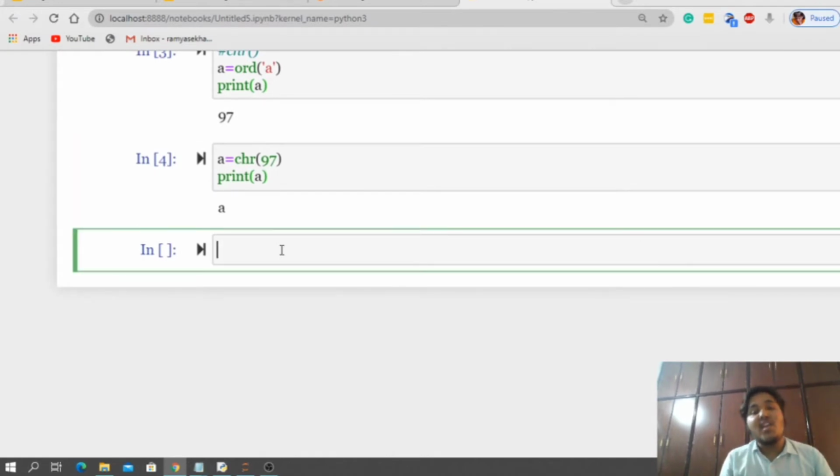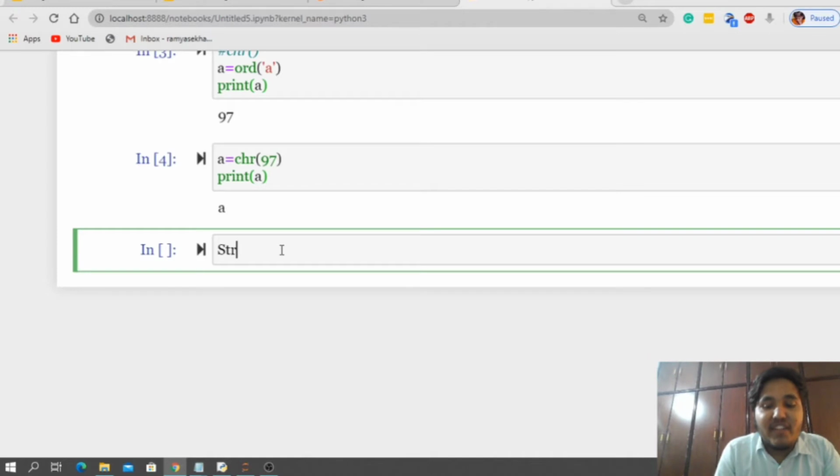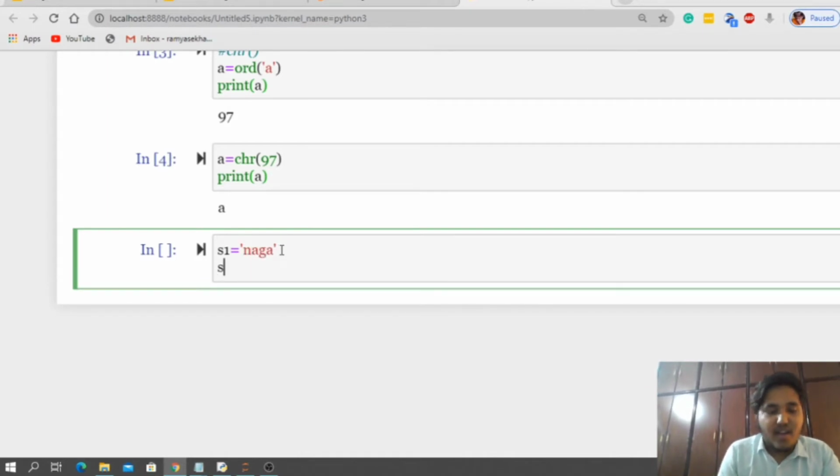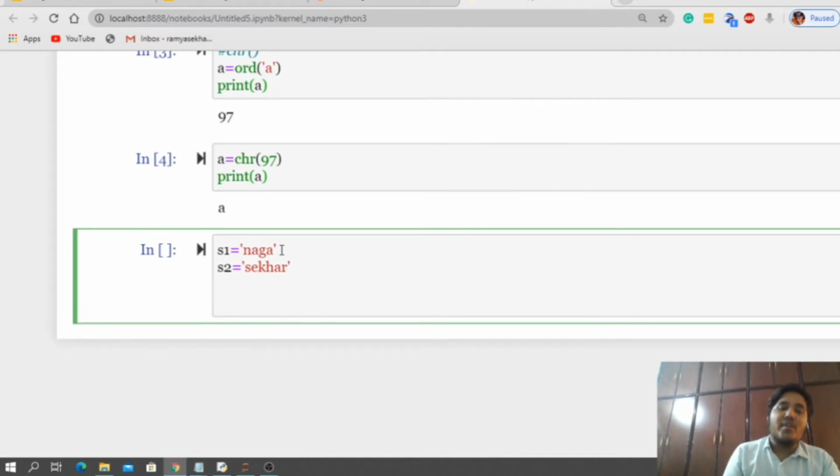Now let me apply relational operators on string data. Let me define string 1, s1 is equal to Naga, and s2 is equivalent to Shekhar. Now I am going to compare these two strings.